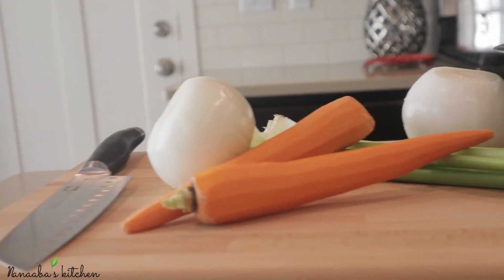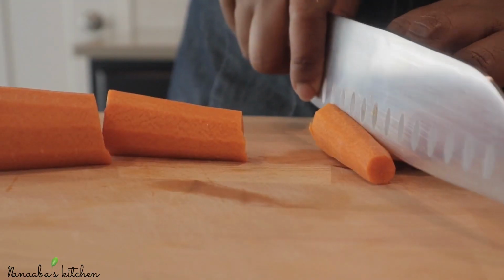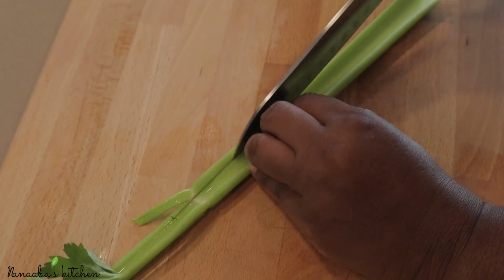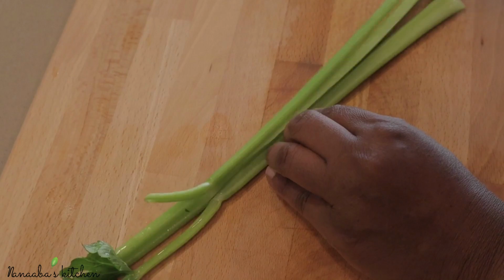For this recipe, friends, you're going to be needing some fresh produce, beginning with some carrots. So I'm going to finely dice my carrots. My goal is for my vegetables to blend into the final product. One of my children is very fussy when it comes to vegetables, so it will blend in and he wouldn't